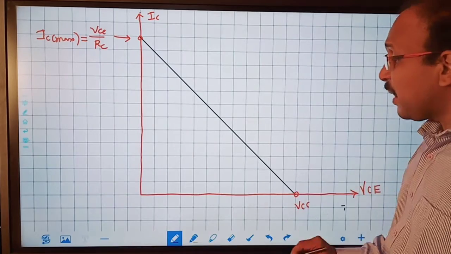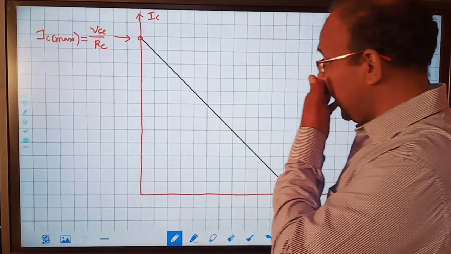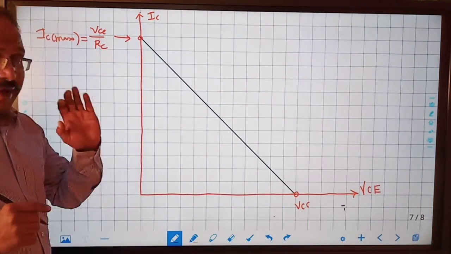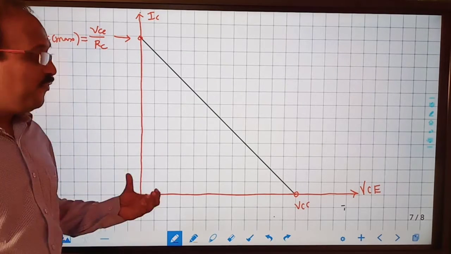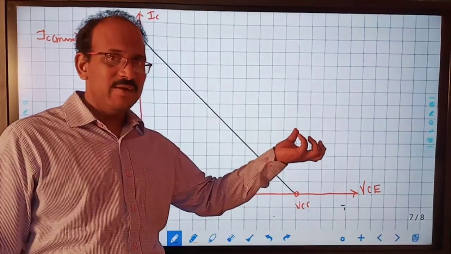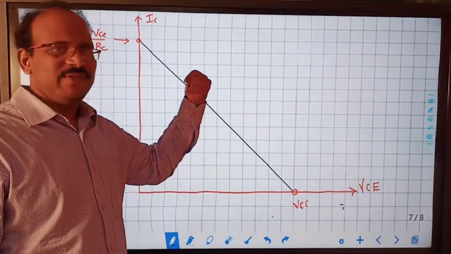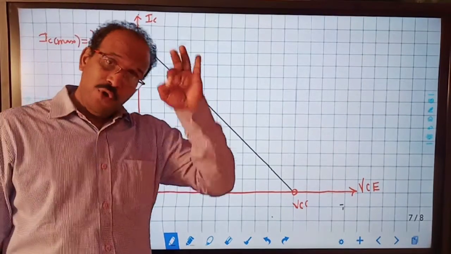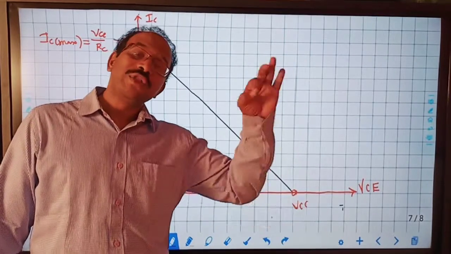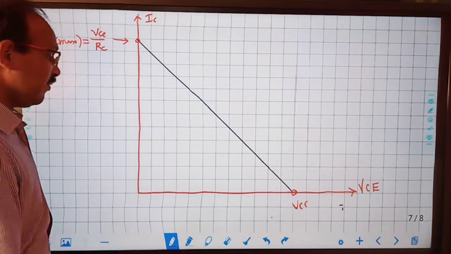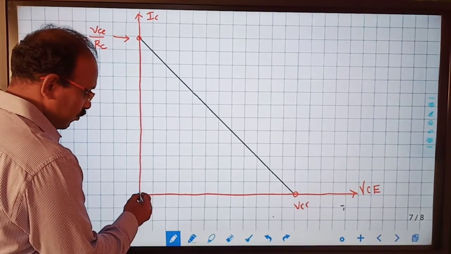But if we compare this with the characteristics of transistor, then see, I draw characteristic clearly. When there is no IB from input side, and if we vary VCE, you know how the characteristics are drawn. From output side, we vary VCE and we check IC. Okay. With no IB, with IB minimum 10 micro, 20 micro, 30 micro, like this we have to go on increasing. When IB is not there, that time some current flows.